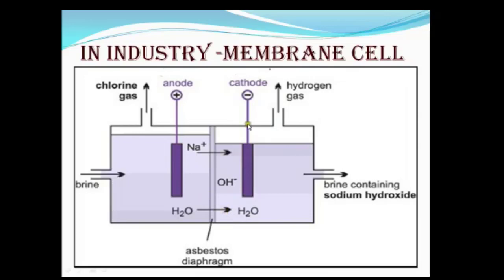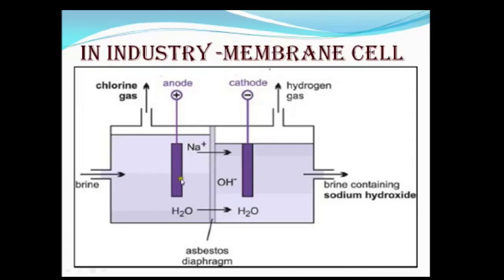The membrane, which we call the partition or the semi-permeable membrane of the cell, allows the sodium ions to travel to the second chamber. Only the sodium ions can travel from here to the second chamber, where they react with the water to produce sodium hydroxide,